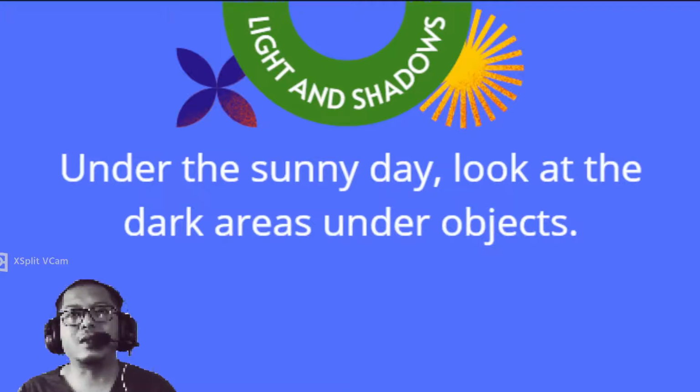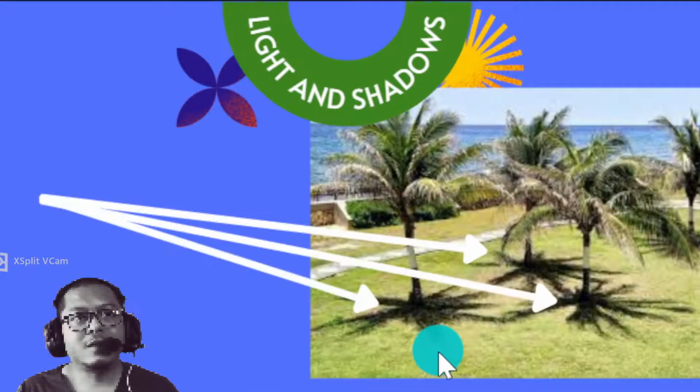When the sun is up, you can see that there are dark areas. And these dark areas, for example in this picture, are under the tree,